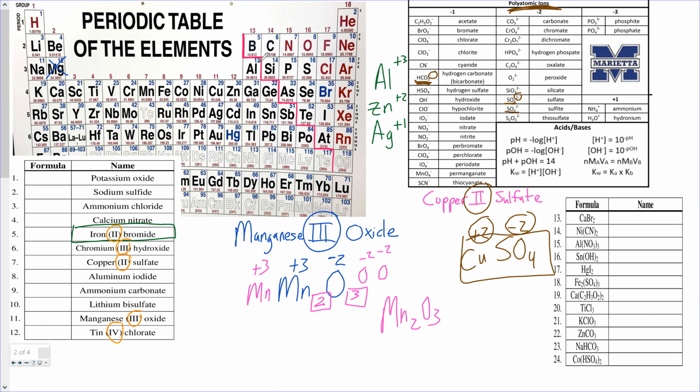All right. When we come back, we have one more thing to learn, and that's how to go backwards. So if I give you, for example, Mn2O3, you have to go backwards and tell me manganese 3 oxide. So we'll save that for after the break. But you should be able to do everything else, okay? All right, so I'm going to